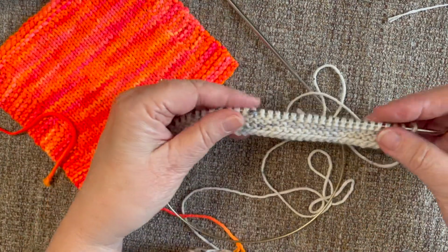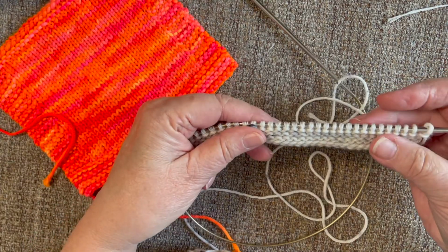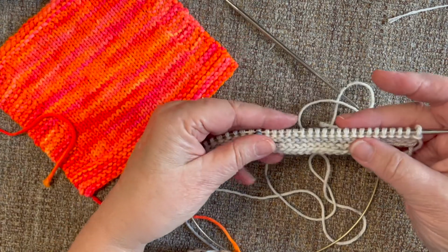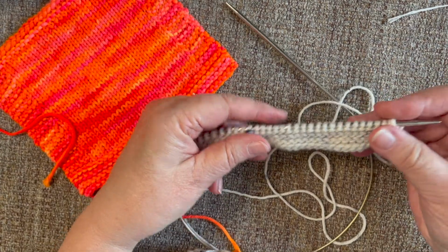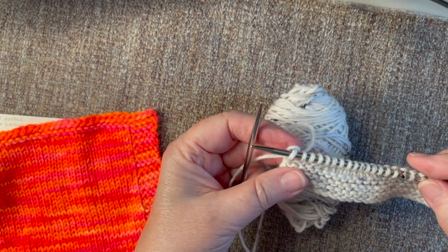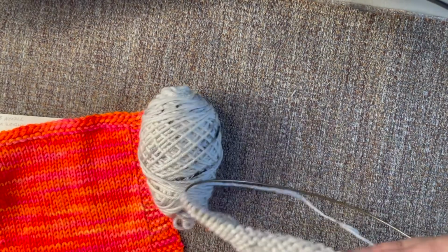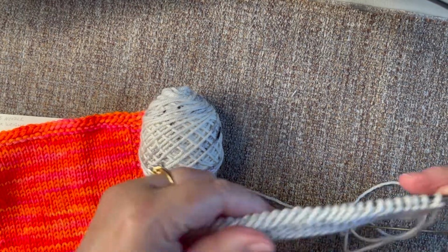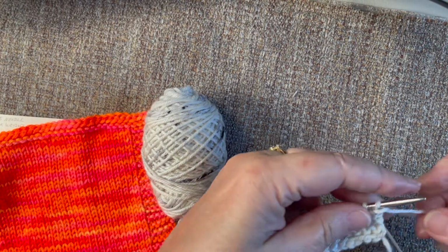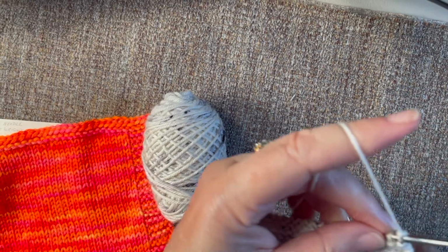So now this is what your work should look like. Why 5 rows? Just because I thought of the number 5. We could have only done 3 rows, but I thought 5 rows is good practice. Okay, I've finished knitting to the end of my row. Going to turn our work. So now we're looking at the purl side, and we're going to again knit the first